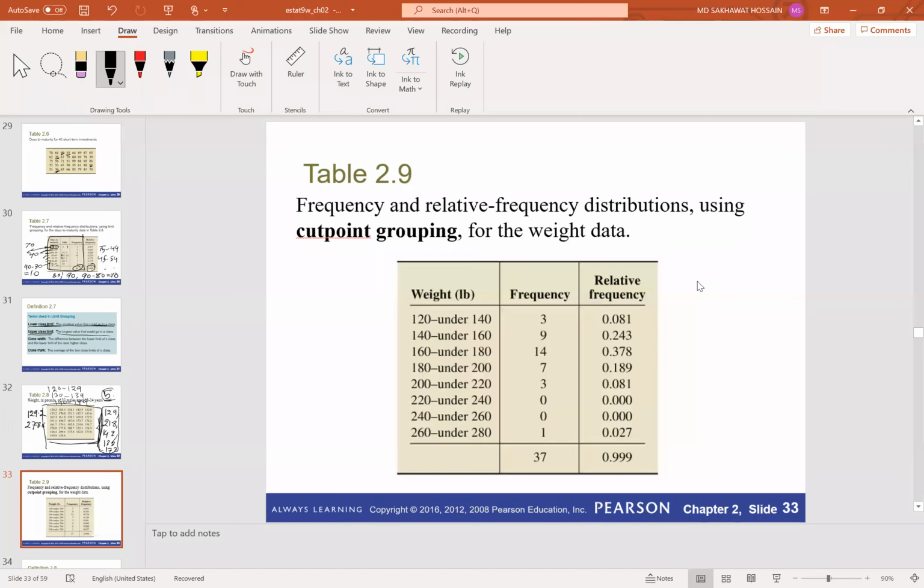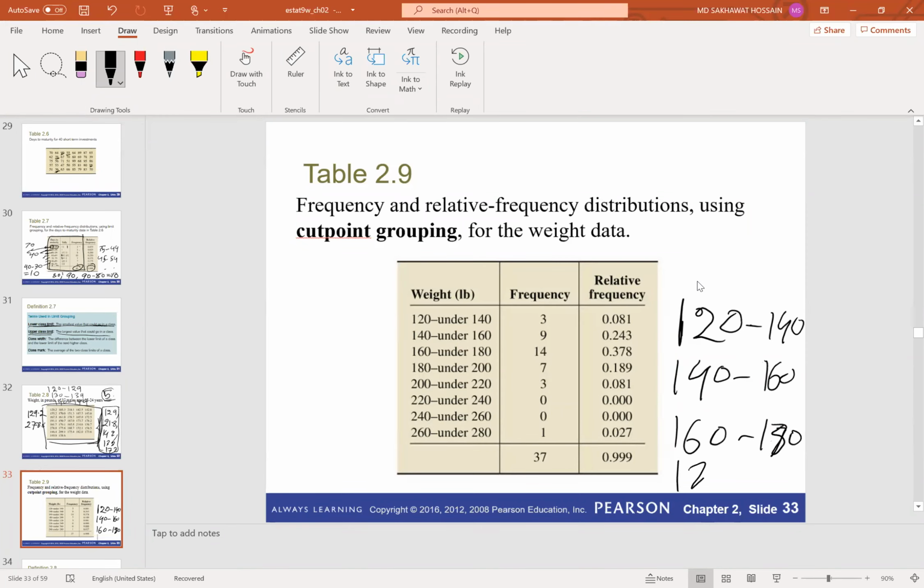That's when we'll use this type of group: 120 under 140. Or sometimes we do not write under, we just write 120 to 140, then 140 to 160, then 160 to 180, then 180 to